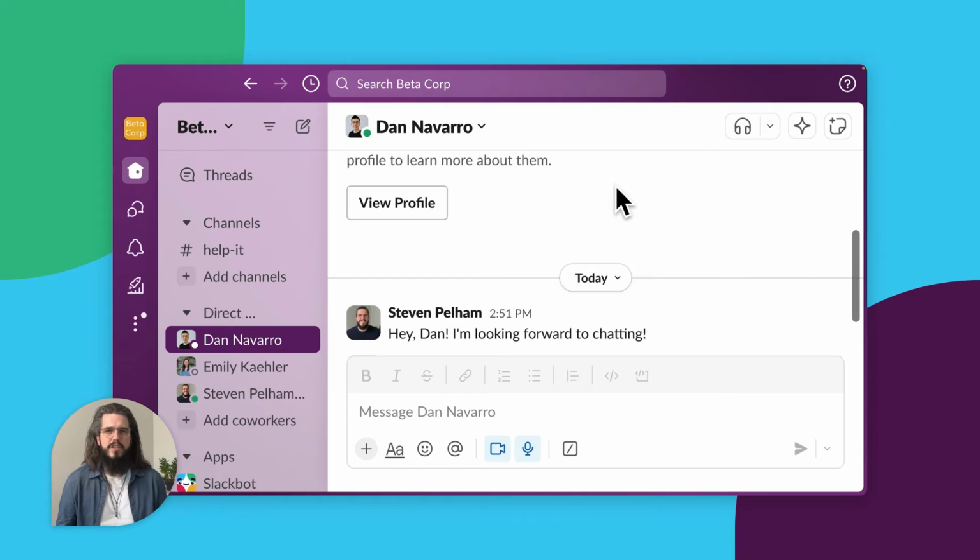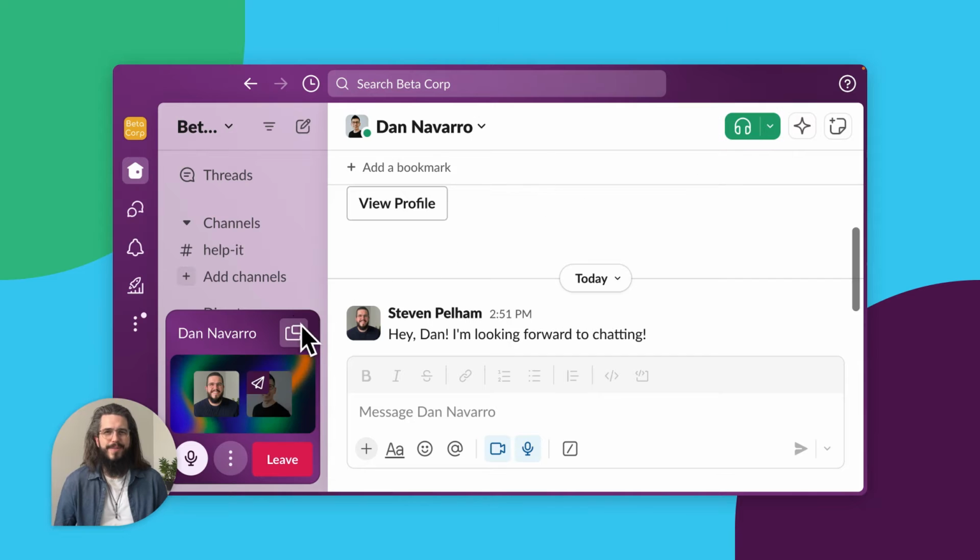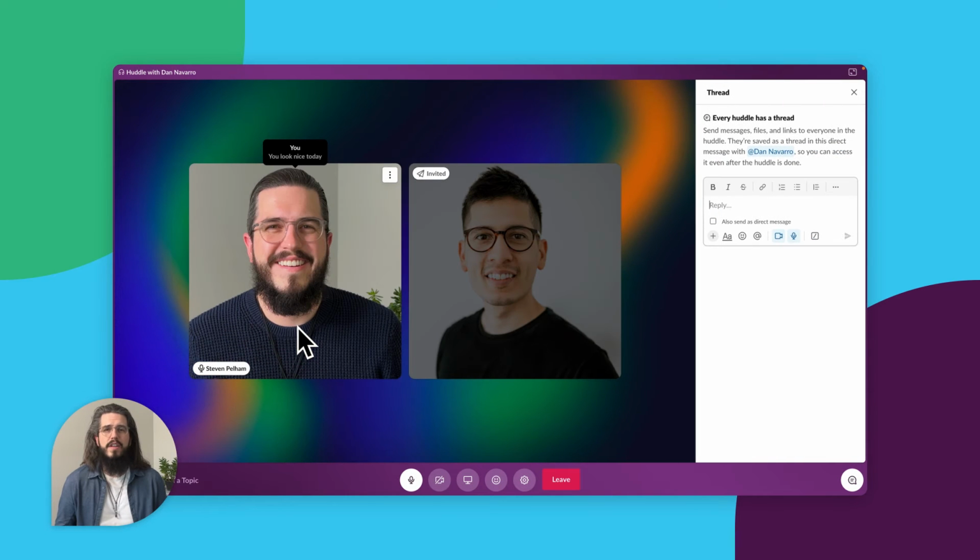Huddles give you more ways to talk and work alongside your colleagues in Slack. Maybe you're working on something and it would be easier to talk live with someone on your team. Instead of setting up a separate call or meeting, you can invite them to a huddle right from Slack. Just open the conversation you have with them and click to begin the huddle. If you want, you can turn your camera on and even share your screen to walk through something that you